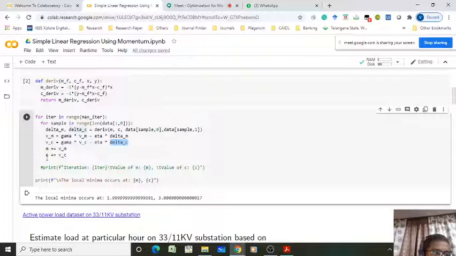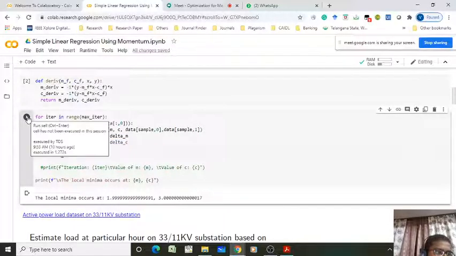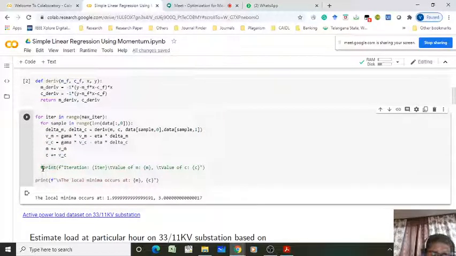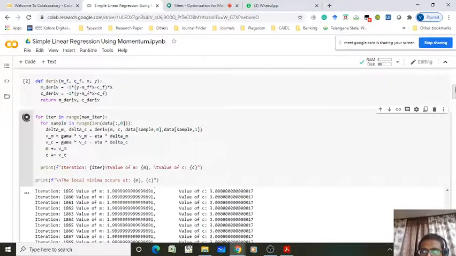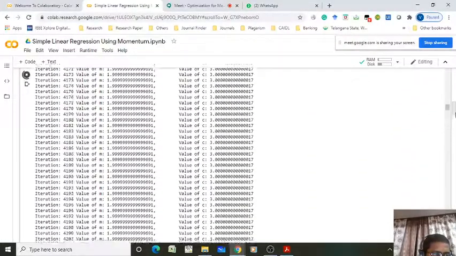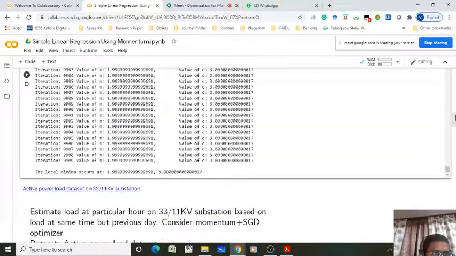That's it, only these 4 lines of code. Just execute it. If you want to see what happened iteration by iteration, then you have to run from the start. So your local minimum is 1.99, which means 2, and 3. So 2 and 3, it is working fine, right?